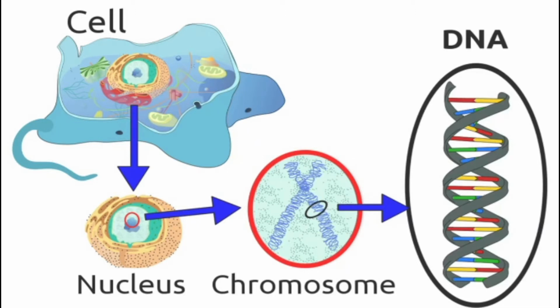As we discussed in earlier days, the cell consists of nucleus, and within the nucleus the chromosomes are present. The chromosomes consist of the DNA molecule. Already we have studied that the cell is the basic structural and functional unit of all living organisms. It is involved in the entire activities of the cell.